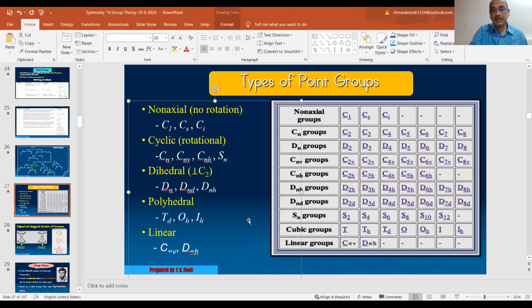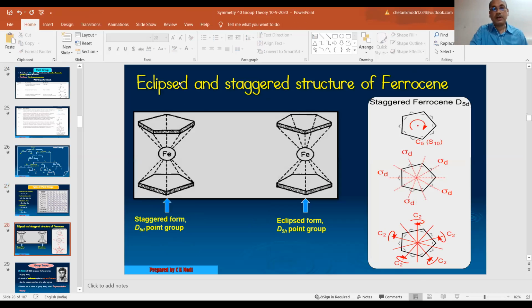So, you might have understood about this point group. I will give you one example, that means eclipse form and staggered form. Now, ferrocene has two types of structure: eclipse structure and staggered structure. In the eclipse structure, the upper ring and the lower ring both are merged together to form a single